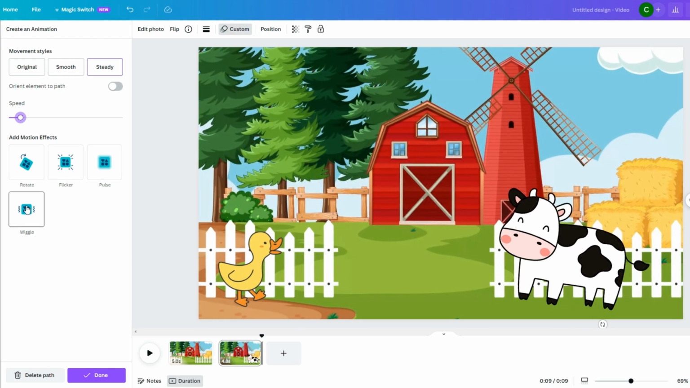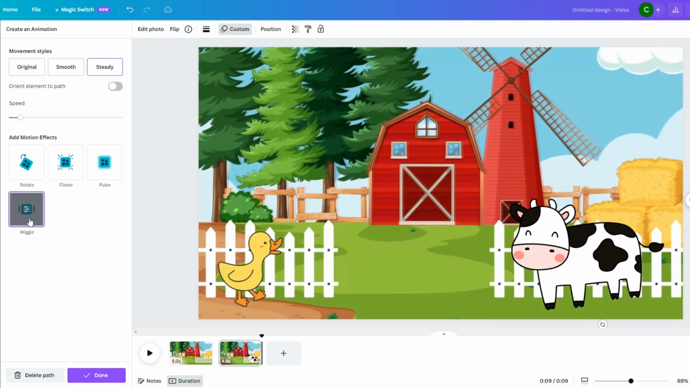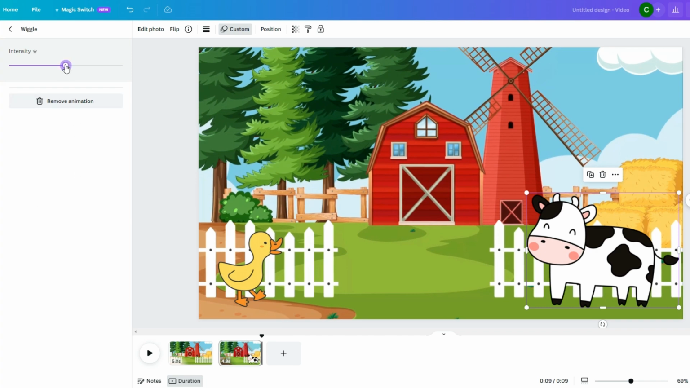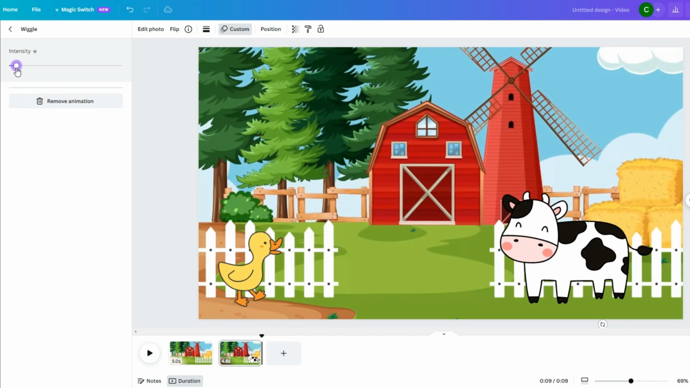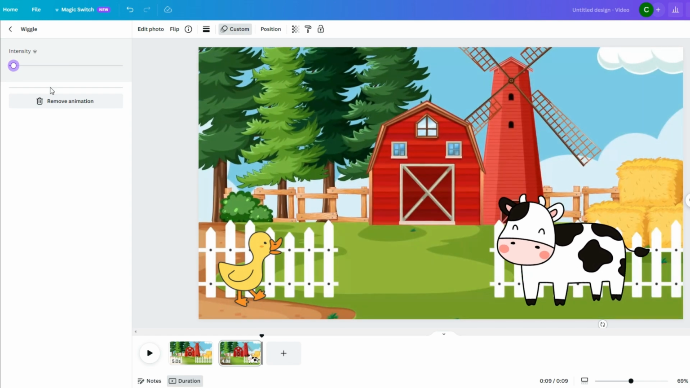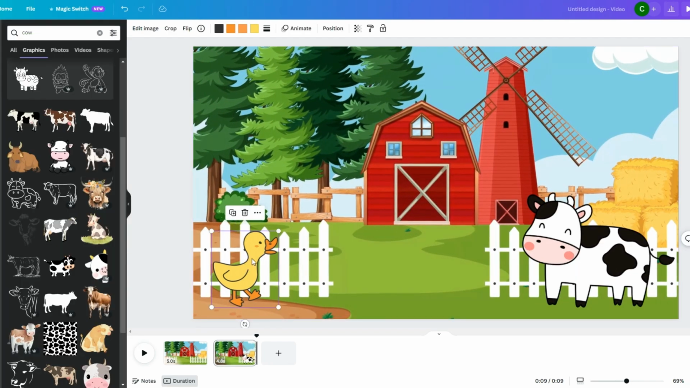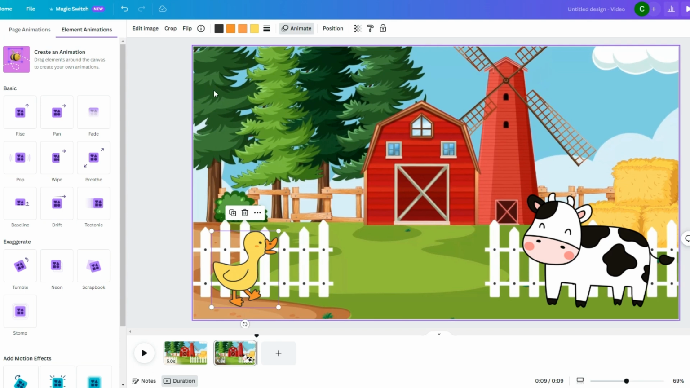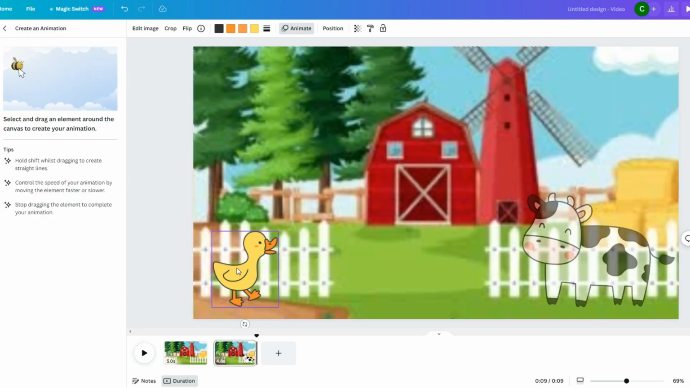I suggest adding a touch of wiggle, but when you double-click on it, be sure to bring down the intensity to avoid making it too pronounced. That's how simple it is to add animation effects. Following the same process, I'll click on the duck, choose Animate, then Create an Animation, and move it a bit